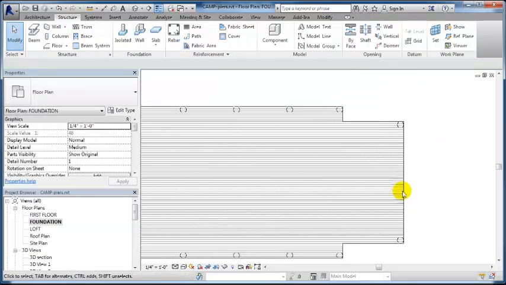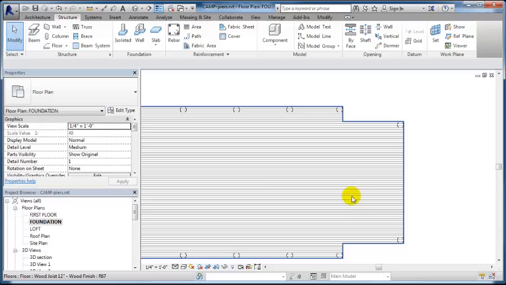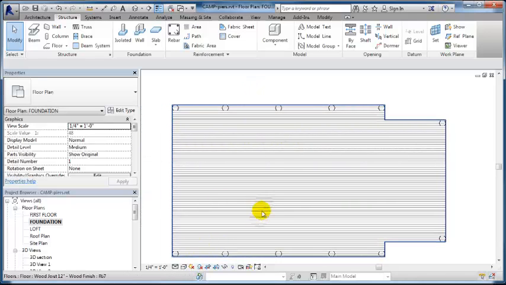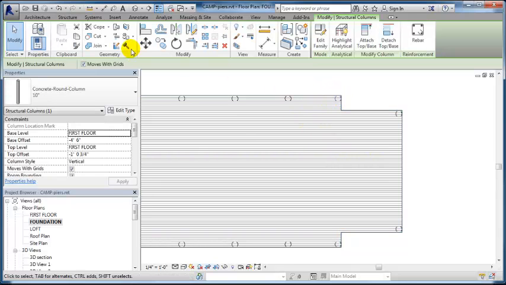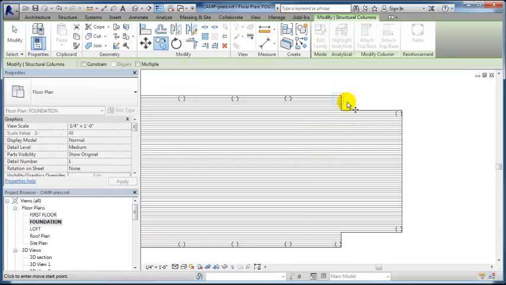And then we discussed the many different ways you could lay out these piers. But if we were framing this way with our framing, and then we decided we were framing this way for the framing for this bump out, then we would need a pier in the center here, and then one here as well. So I'm going to just take this pier here and copy it. And I want to copy it so that the center of the pier is